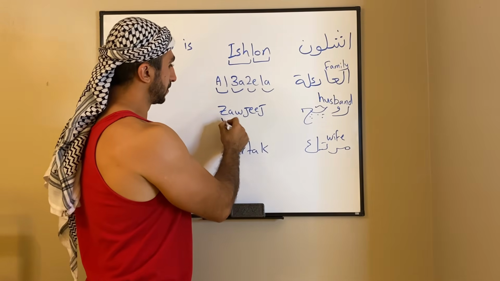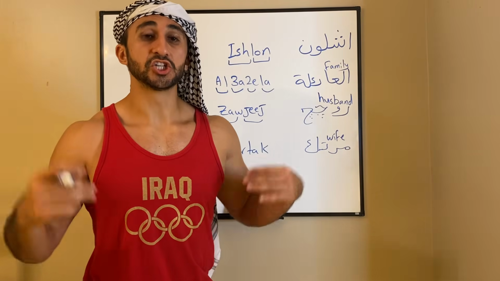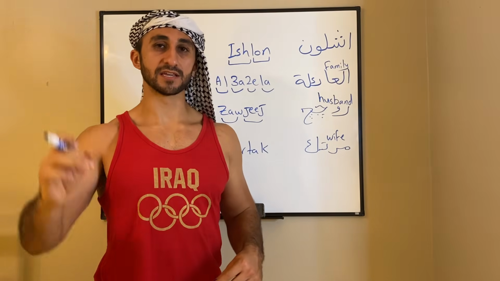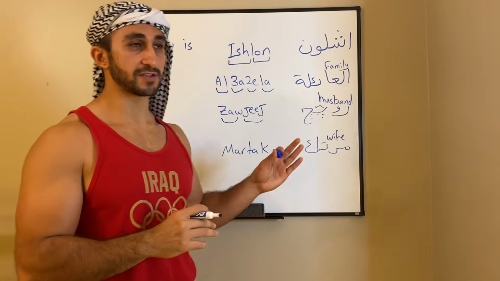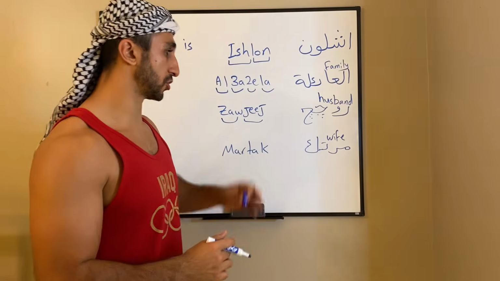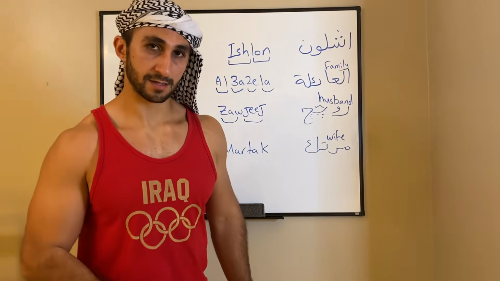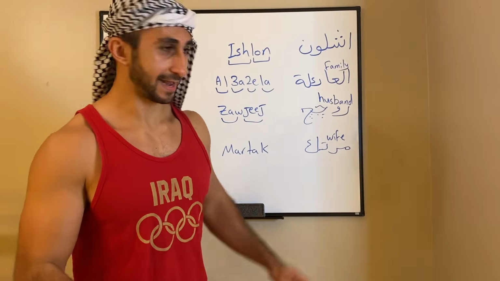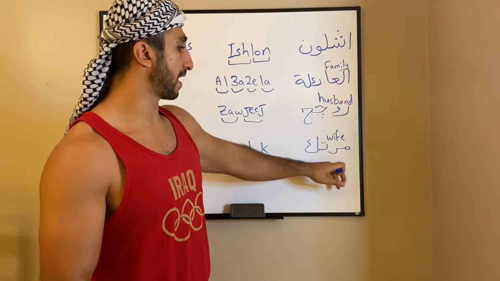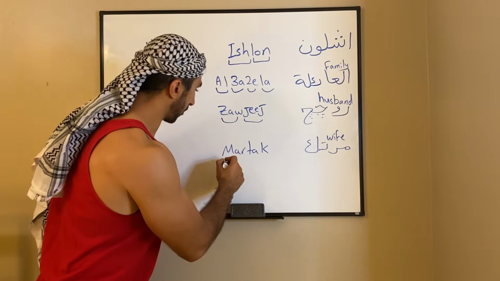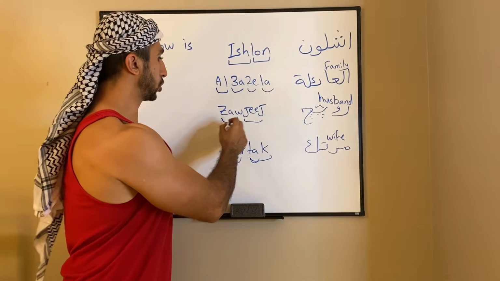Ishlon zojich. Okay? Ishlon zojich is the letter J. Again, J, J. So ishlon zojich. Okay? So this will be very, very different from a lot of other dialects. Okay? Zojich. And the third one is how is the wife? Ishlon martek. Ishlon martek. And again, you're asking a guy about his wife. So it's already for a guy here. Ishlon martek. So martek. Martek zojich.